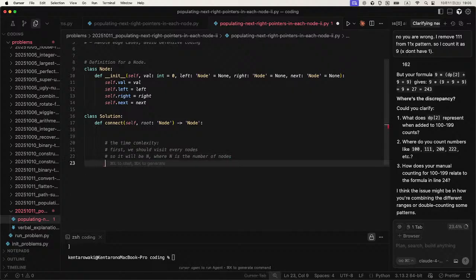Okay, and additionally, when we update the next pointer of the node, we might visit, yeah, but